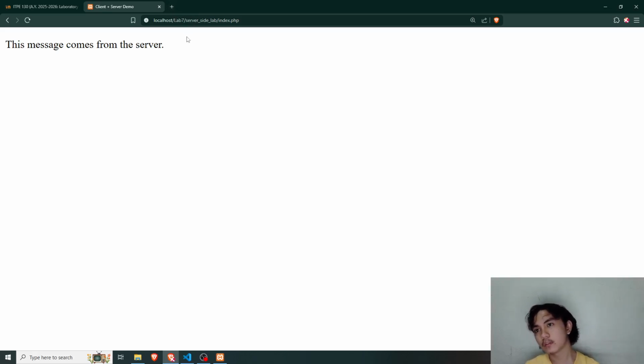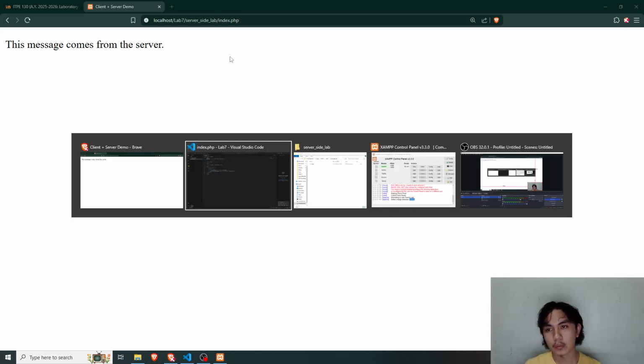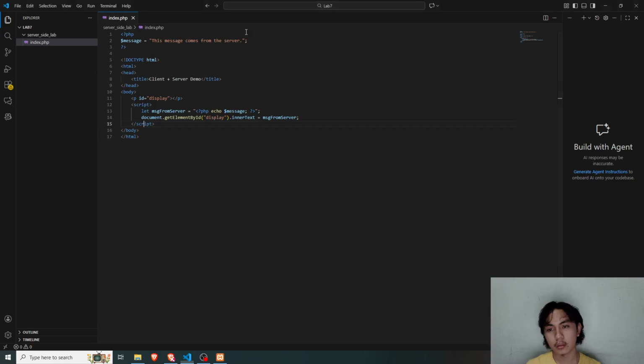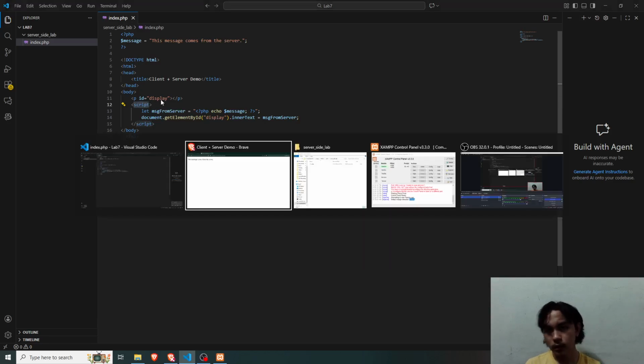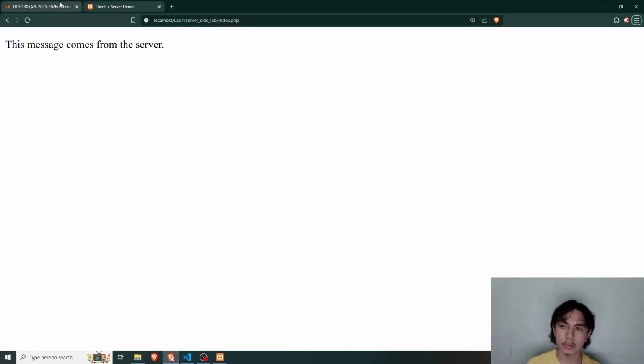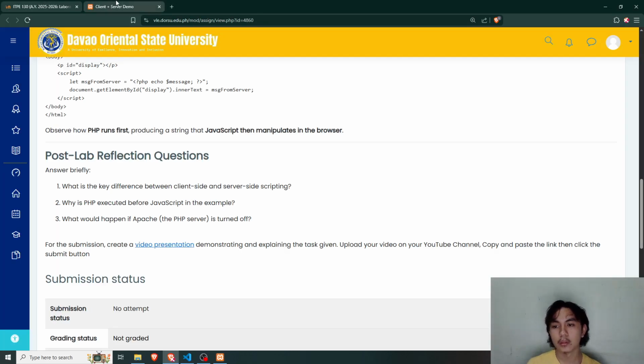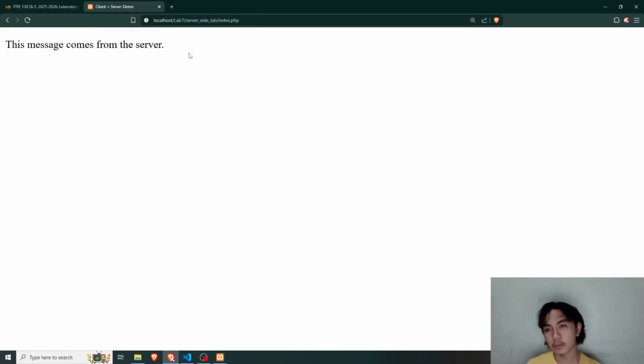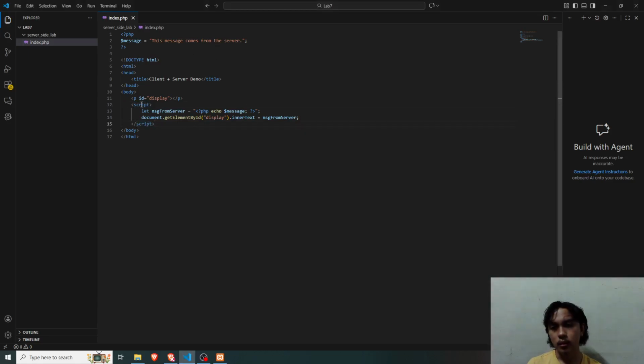Once it's been sent to the client, the client will then proceed to execute the rest of the code, the rest of the scripts. That's the job of the server or the PHP, so it must be executed first before running these scripts here.